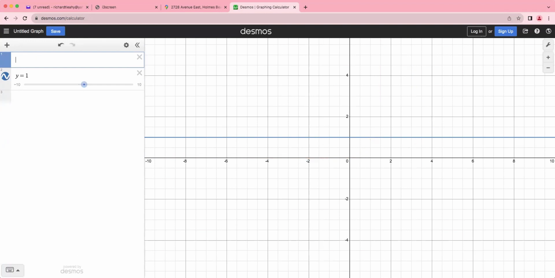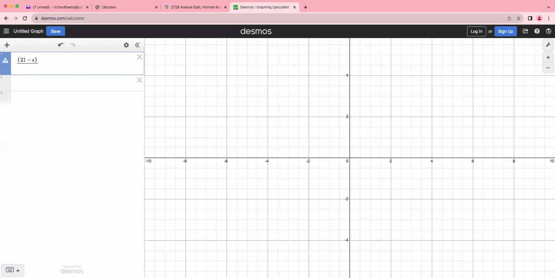So this is from before. That's nothing. All right, so in this here, I'm gonna do 21 minus x for the products and divide that by 1 plus x and